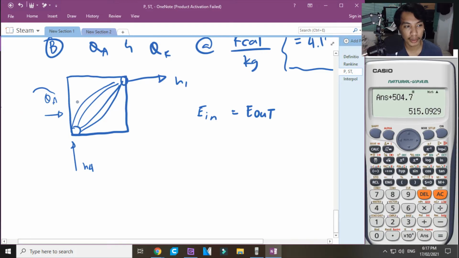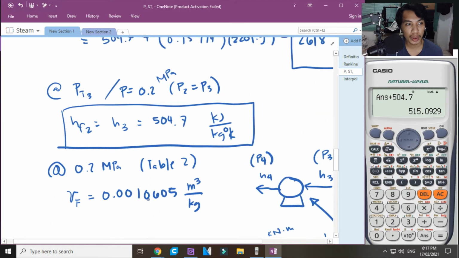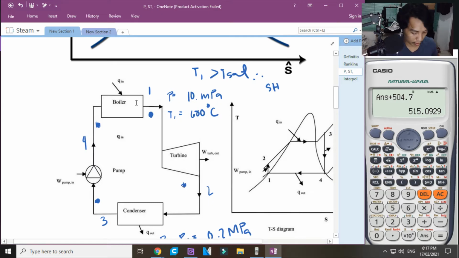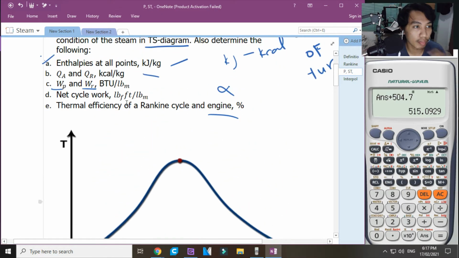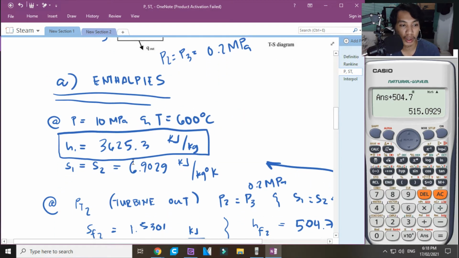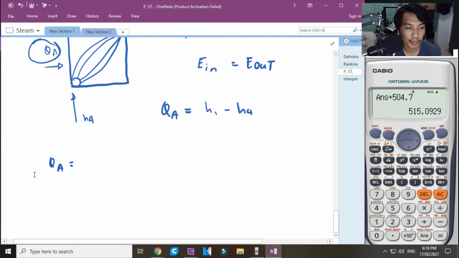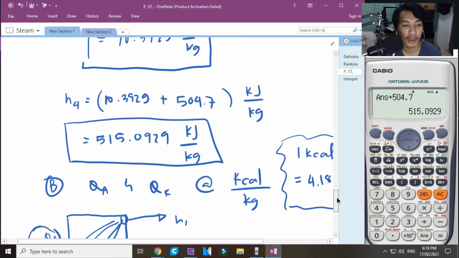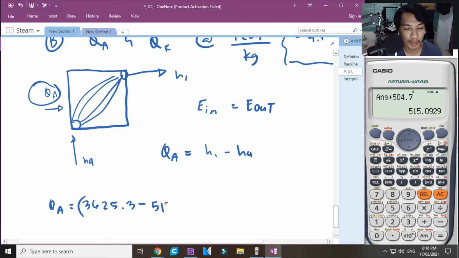Since we have no mass, only the specific work applies. So, QA will be equal to H1 minus H4. Recall H1: 3625.3, minus H4. What is H4? 515.029